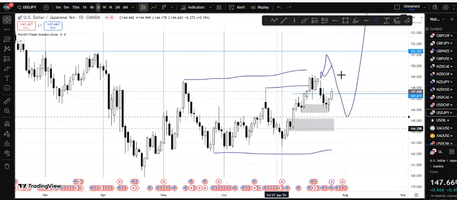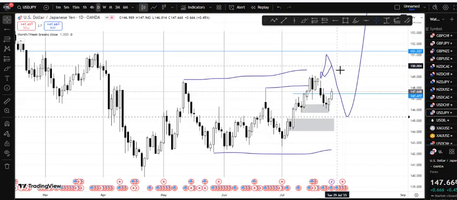This USD yen, of course, I'm still expecting price to go higher from here. So you got just a little pullback, but should it go lower, just in case, so we might see price heading to 14